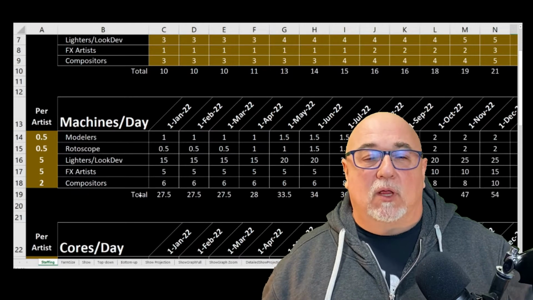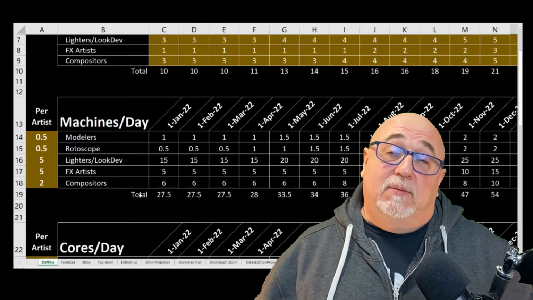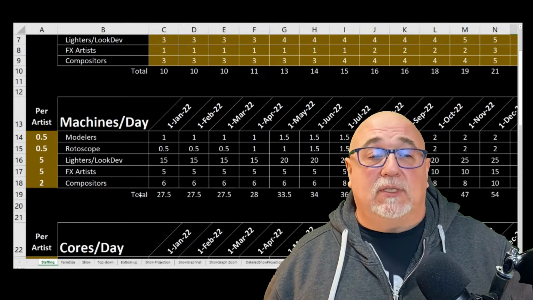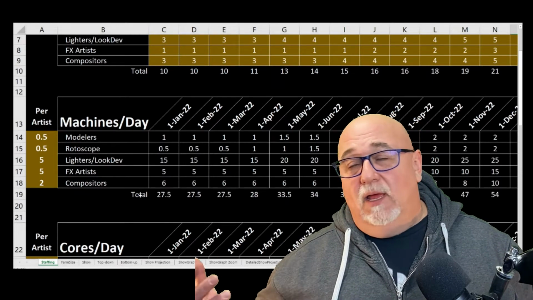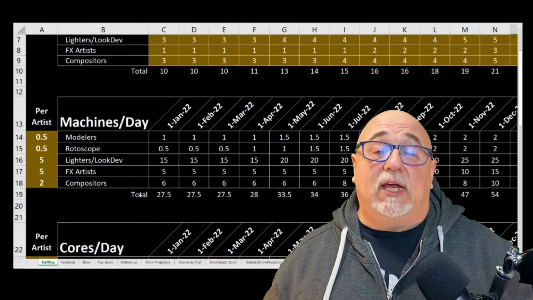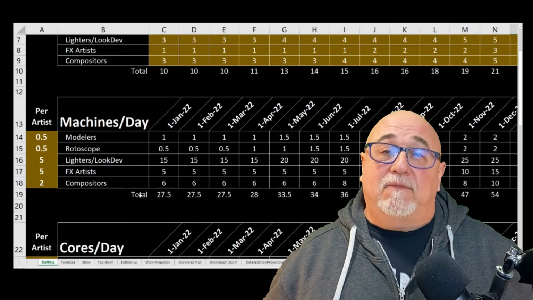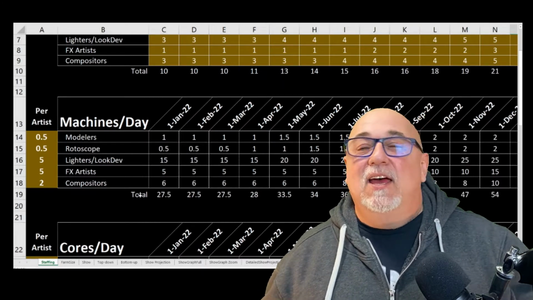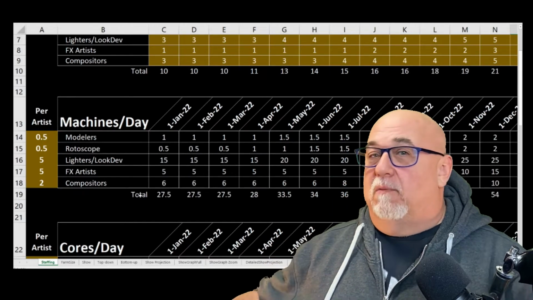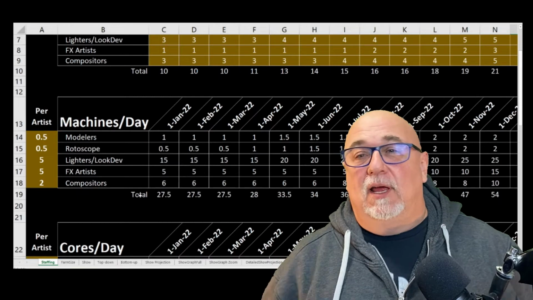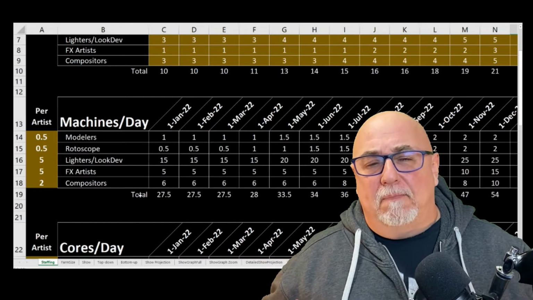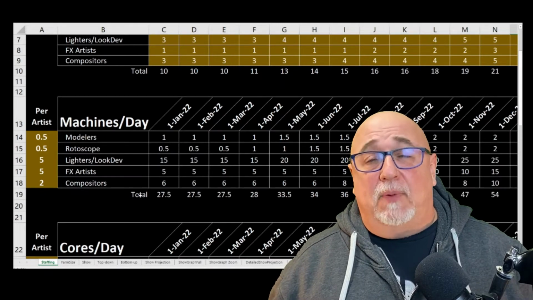And whatever that total is, it just needs to total up, hopefully, to the machines you had in the past. So you look at some past shows and sit down with the sups and say, okay, let's assume these 30 or 40 artists had these 100 machines, how would you dole them out? And whatever that final number is, it needs to add up to 100. You're just thinking of it almost like food rations. And you know that a lighter is going to get more food rations than a rotoscope person, if food is rendering in this case. So this is a general kind of benchmark you can set up,